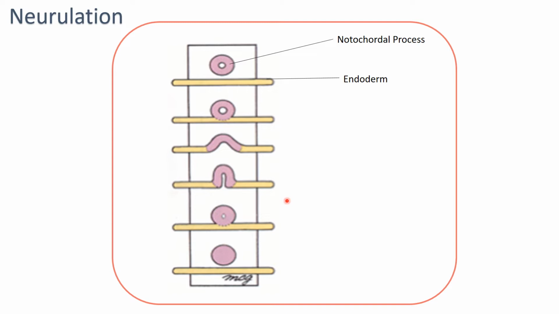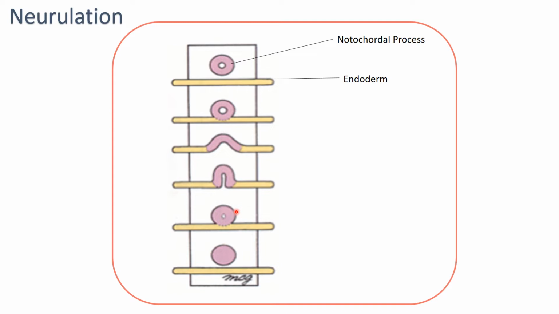So that's what you're seeing in this image here. You have the notochordal process up here fusing with the endoderm layer right under it to form the notochordal plate. Following the formation of the notochordal plate, eventually the cells of that notochordal plate are going to lift off. So they fuse to form this notochordal plate, and then the cells of that notochordal plate lift off and separate from the endoderm layer,